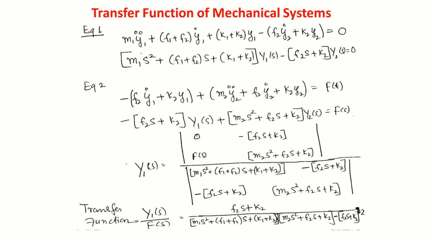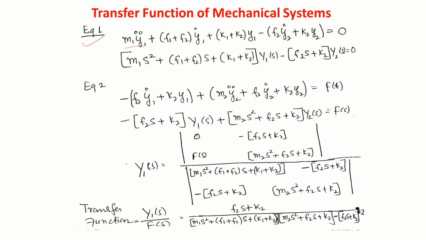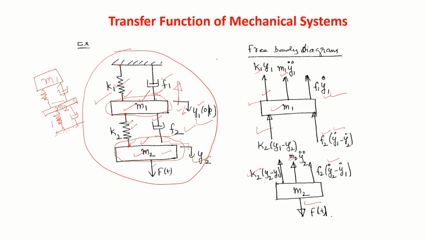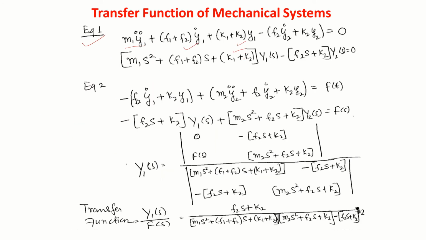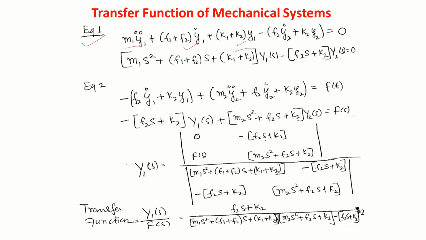So now write equation 1 connected with mass m1. First you write m1 y1 double dot. Then you see here, there is F1 y1 dot and F2 y1 dot. Both are acting in the same direction, so I'll write (F1 plus F2) y1 dot. Similarly, there is k1 here, k2 here, so (k1 plus k2) y1 I write. Next, here we have F2 y2 dot, that is minus, and k2 y2 again minus. So minus F2 y2 dot minus k2 y2. No force is acting downwards, so it is 0.